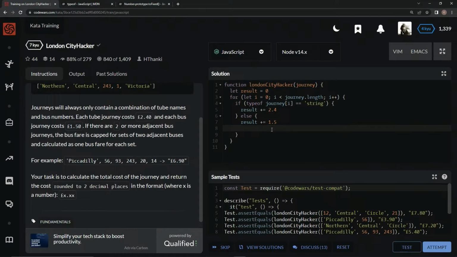So we're going to say right under this result, we're going to say if, and we're going to do typeof journey at i plus 1. So like on this one, we're going to check this one, and we're going to check this one. And if this one is also a number like this, we're going to skip it and go to the next one. So we're going to do i plus plus right here. And now let's go down 3 down to right here. And we're going to return, and we're going to say,